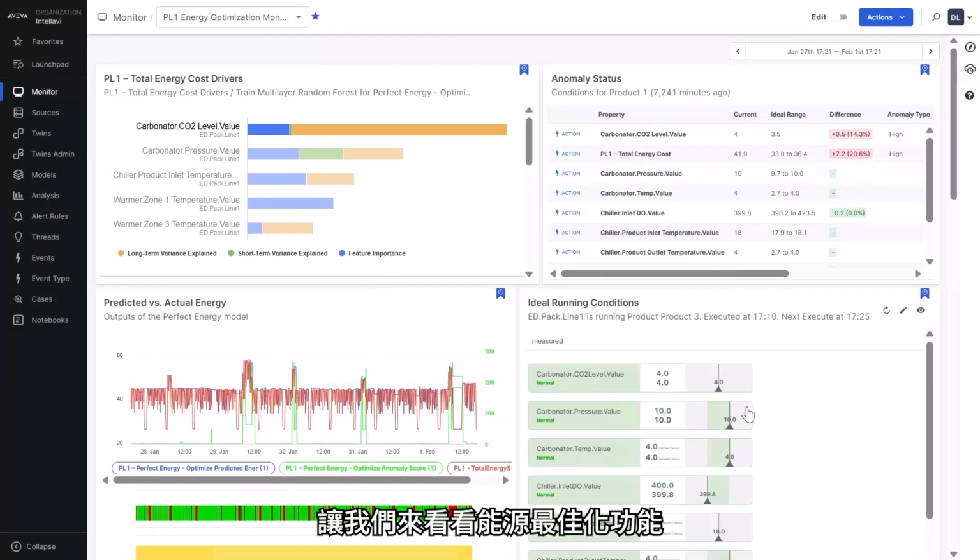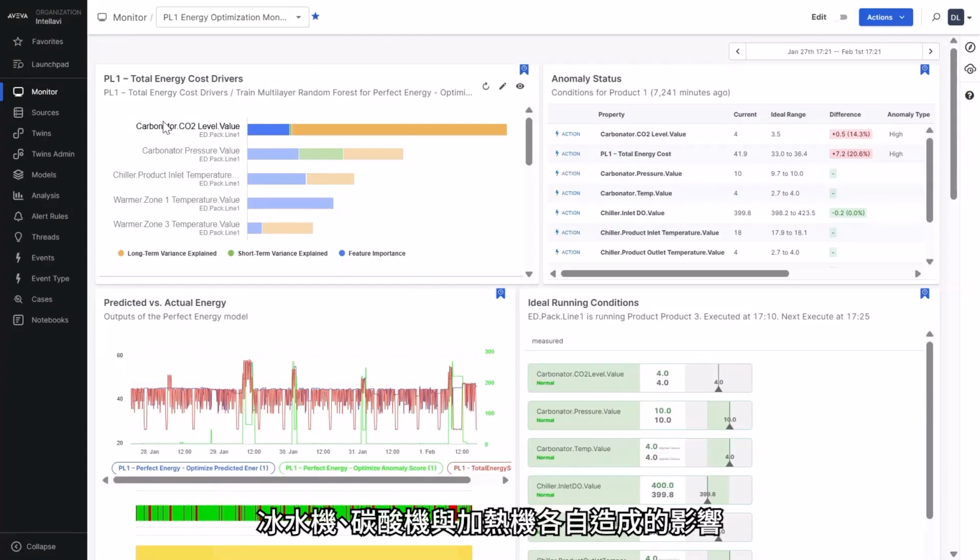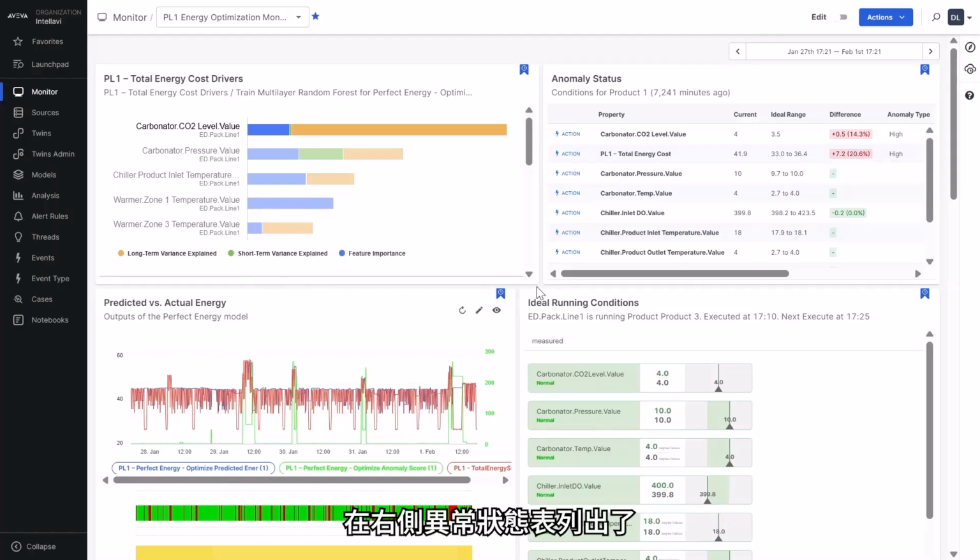Let's look at energy optimization inside AVEVA Advanced Analytics. Across the top, these analysis cards explain what's driving total energy cost right now. You can clearly see contributions from the chiller, carbonator, and warmer, for example. On the right, the anomaly status table lists the current conditions for each relevant process variable. Notice how it flags total energy cost and carbonator CO2 level in red, telling the team where to look and